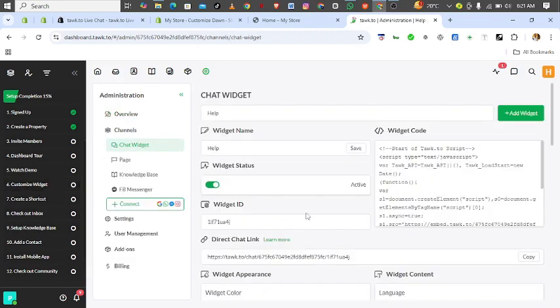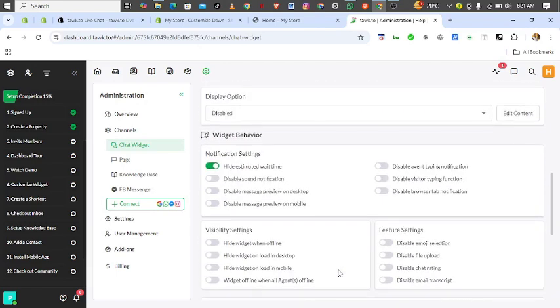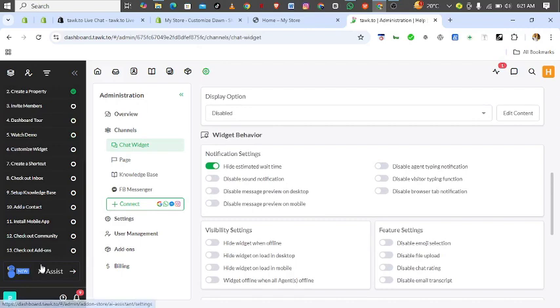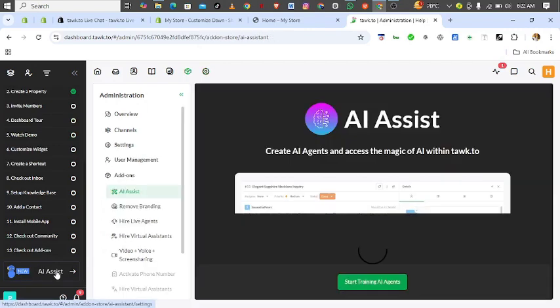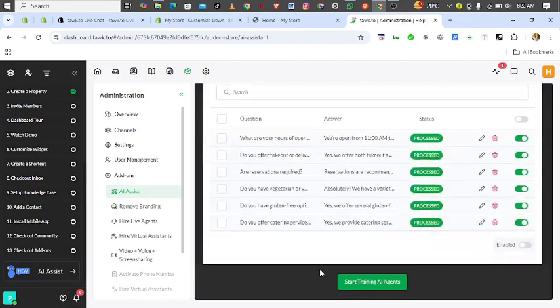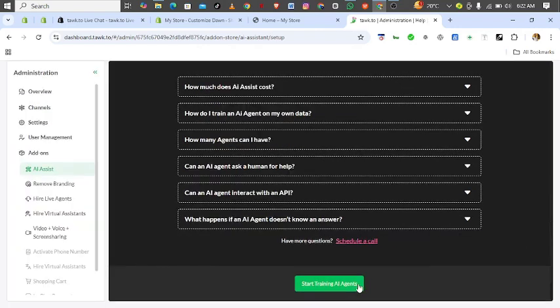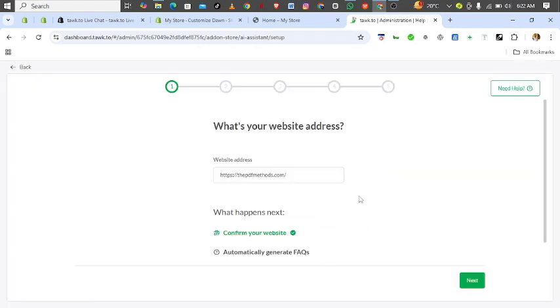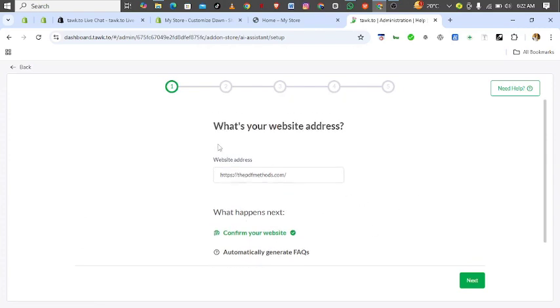So let's just customize the widget. So this is the widget. You can change the color. You can do anything you want to do with the widget. But one thing I want to do is to toggle on the AI assistant. You don't need to sit at the back of your laptop all day replying to your client messages. You can do that automatically with the AI. So just click on the AI,